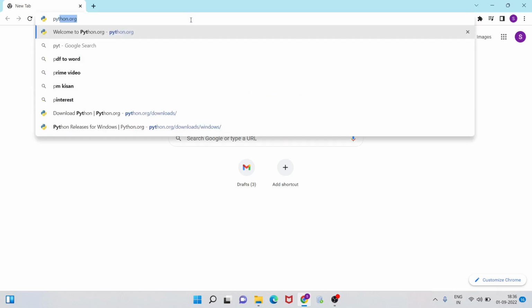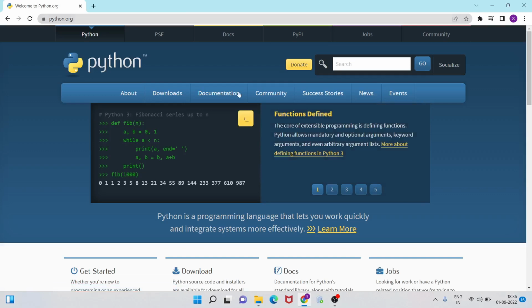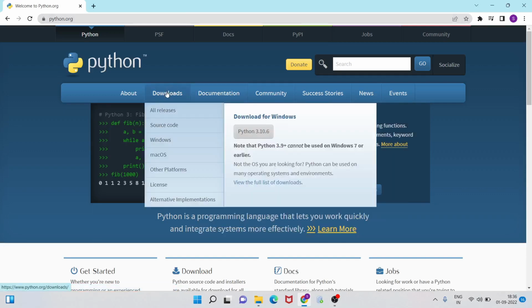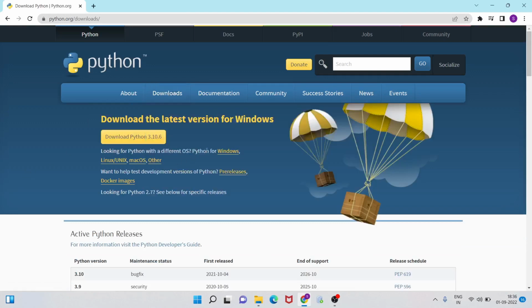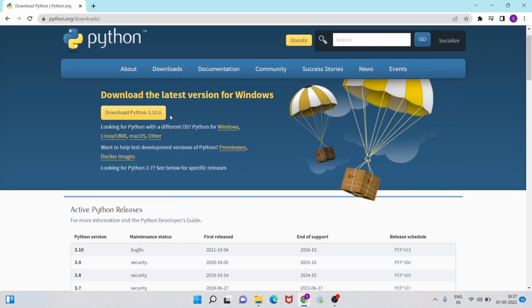Let's visit the Python official website, which is python.org. Once you land on the home screen, you will find Downloads, and under it you will find the latest version available to download. You can find the respective downloaders for Windows, Linux or Mac. The only thing to note here is if you are using Windows 7, you need to install Python 3.7. If you are using Windows 8, 10 or 11, any other latest version which is available here works,